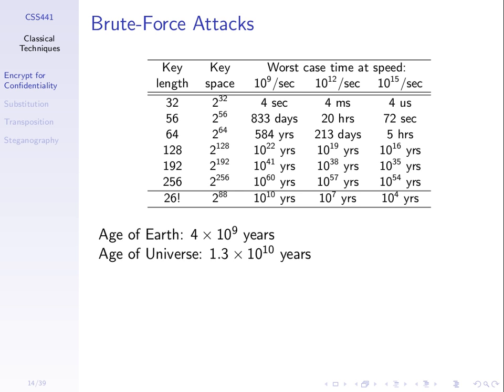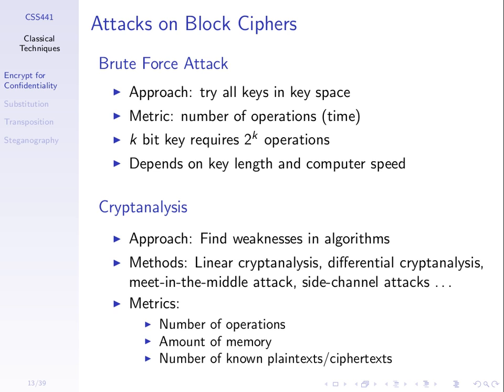With respect to cryptanalysis, there are different approaches for doing that. So the idea: find weaknesses in the algorithms. We've seen some in the Playfair cipher and the monoalphabetic cipher, where the weaknesses depend upon the frequency of letters. In real ciphers, it's much more complex than that. We don't get time to go into detail of all the real ciphers or all of the attacks, but you may come across different methods. Linear and differential cryptanalysis we may mention in a later topic. We will see an example of a meet in the middle attack.